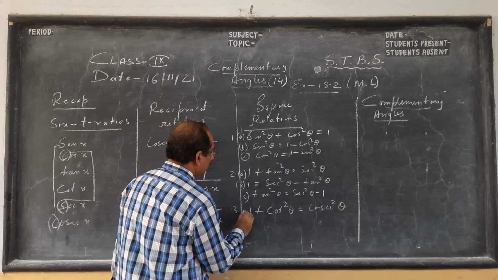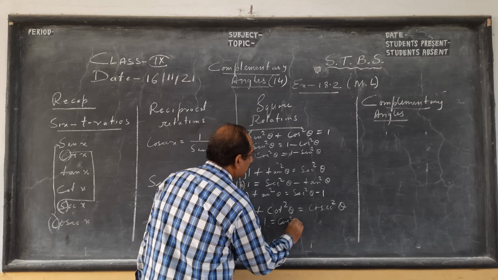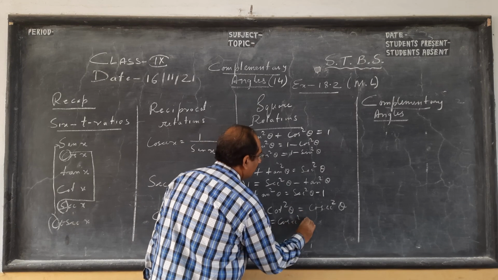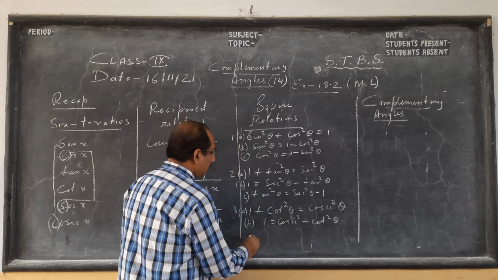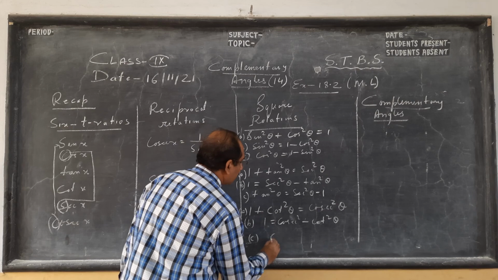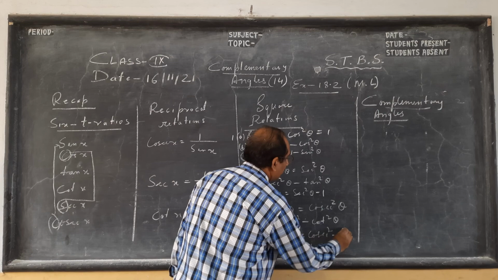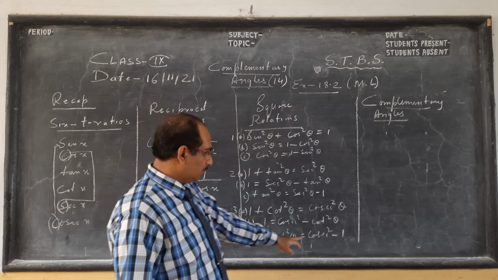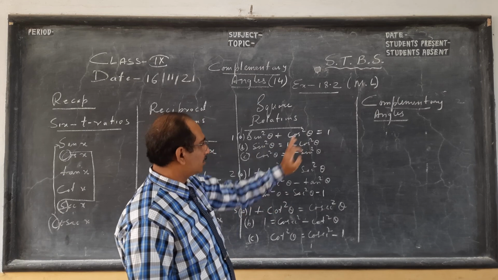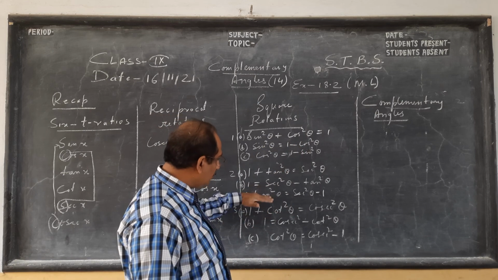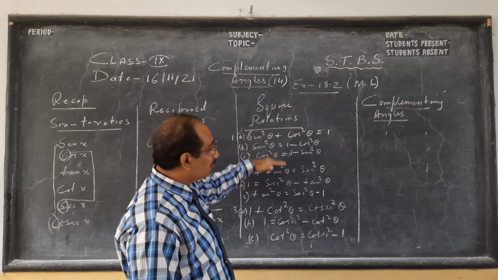Same way here children, for 3a, 3b will be, let 1 be here, cosec square theta minus cot square theta, cosec square minus cot square is 1. And the last but not the least, let cot be here. So it is cosec square minus 1, cot here, 1 goes there. So cosec square minus 1 is cot square, sec square minus 1 is tan square, sin square plus cos square is 1. So these are the other two derivations from the main formula.